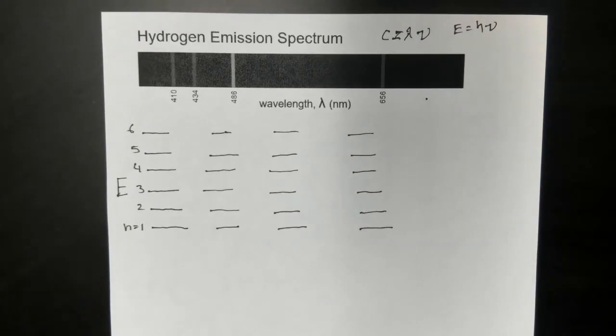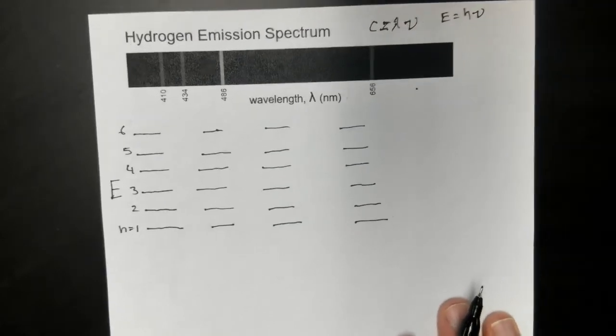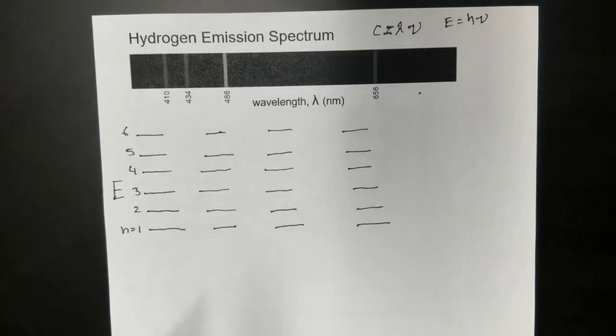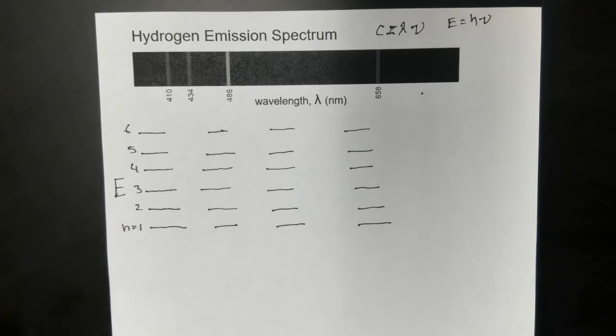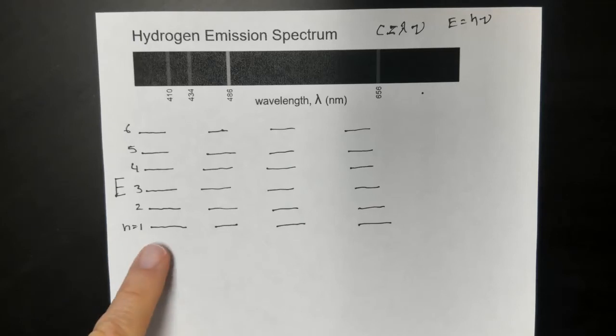Okay, so the Balmer series, that's what this is called, the Balmer series emission. All the electrons end up in the principal quantum number of 2. That's where they relax to, they all stop at 2. It doesn't mean all the electrons are going to stop at 2. There are other transitions that go to 1, but transitions that end at 1